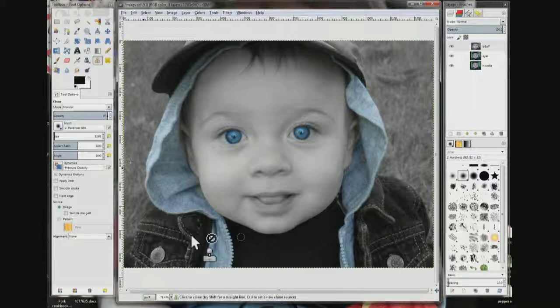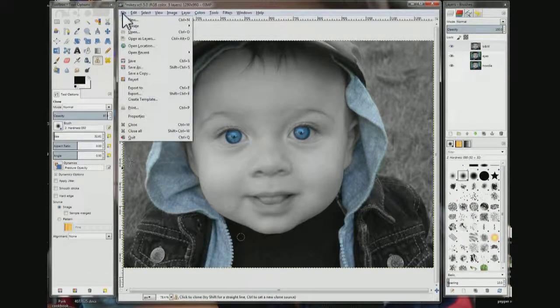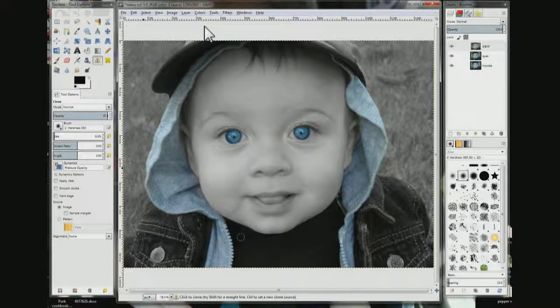Okay, we could stop right here just like this and go up here and choose File and Export, and we'd have this saved as a picture. But